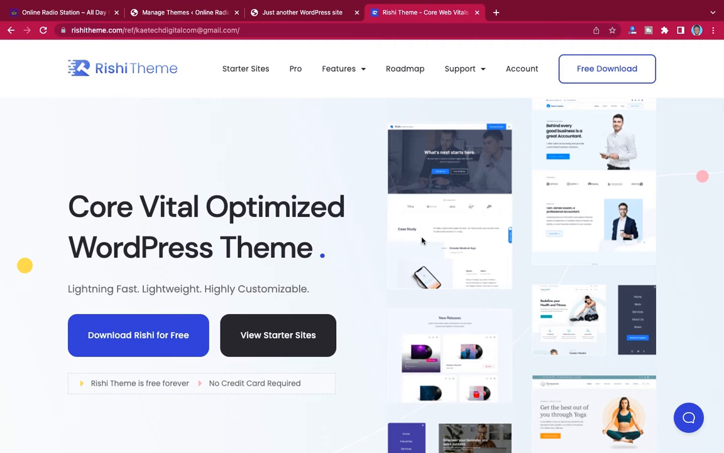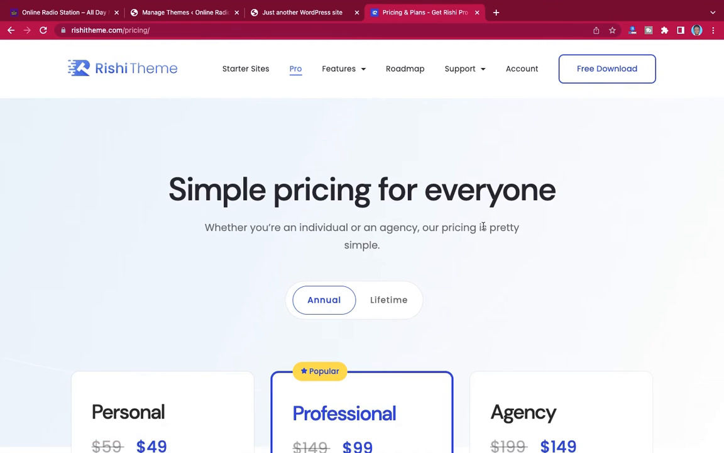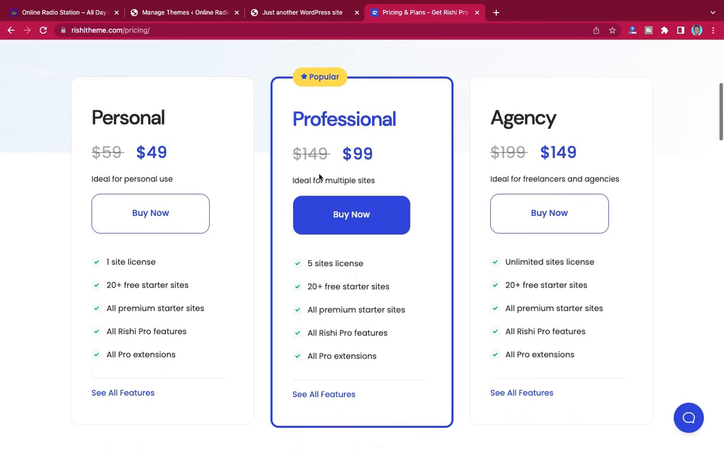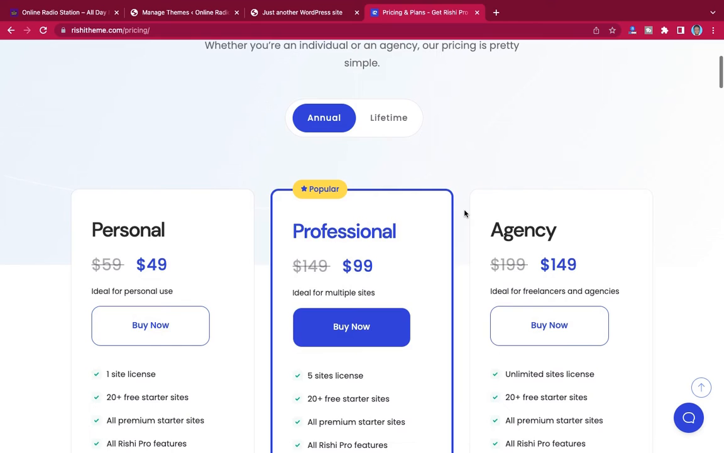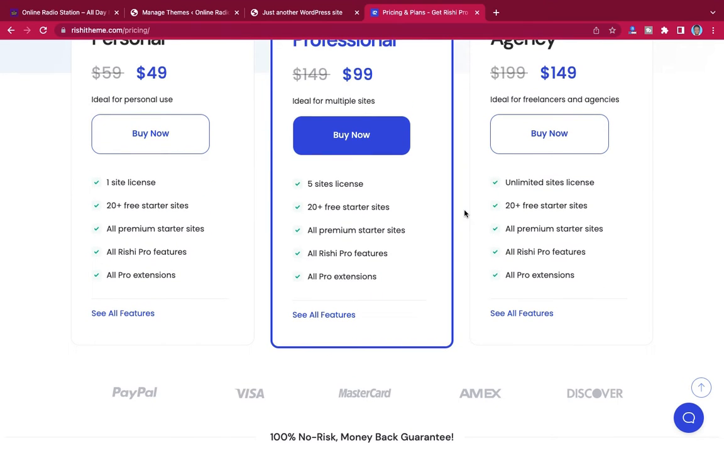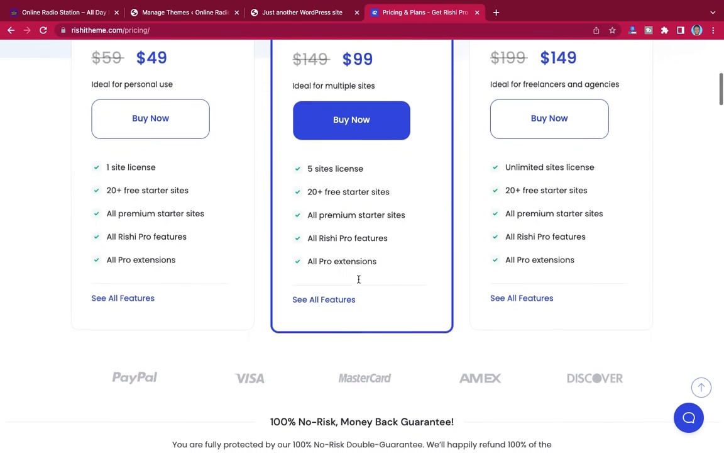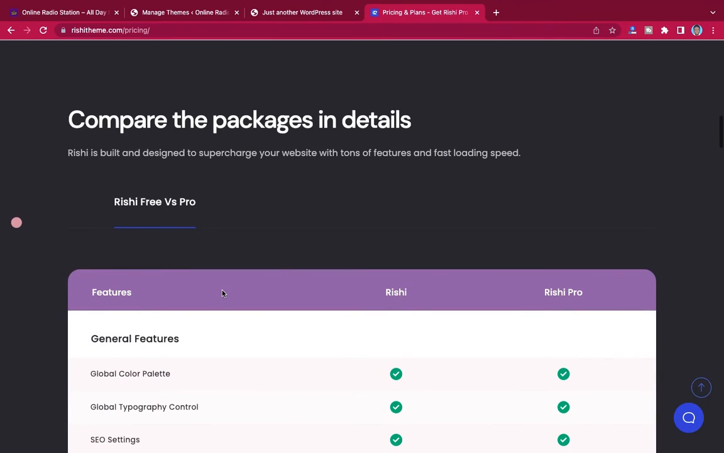Basically, this is the theme that we are going to use to design our website. I love this theme because it gives us everything that we need, and it is also free. The reason I like this theme compared to other things, let's check even the pro of it. The pro is there, all right, and this is the pricing if you want to buy it. But if you want to see all the features,